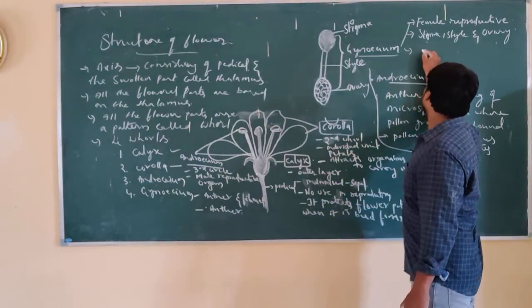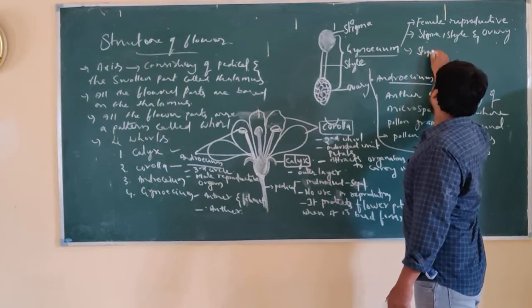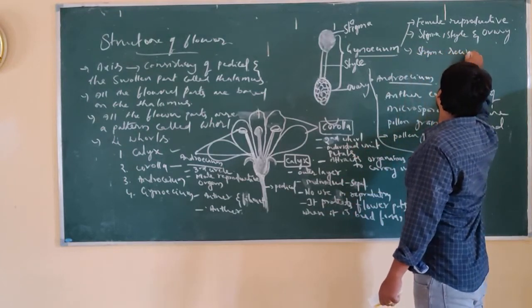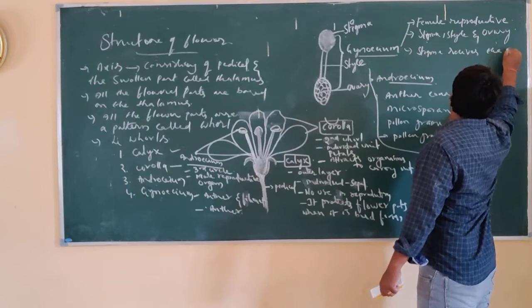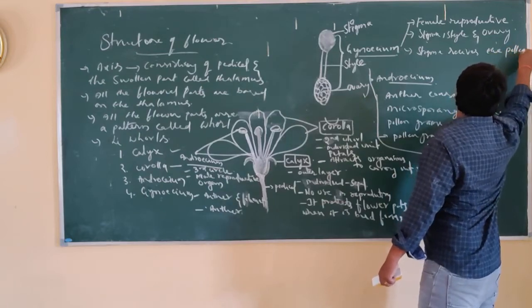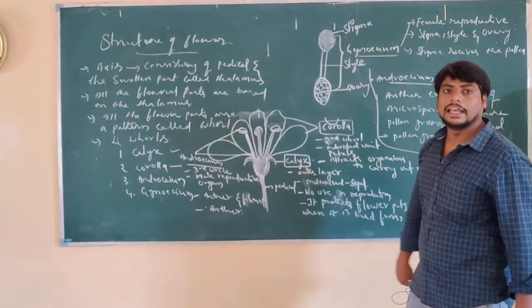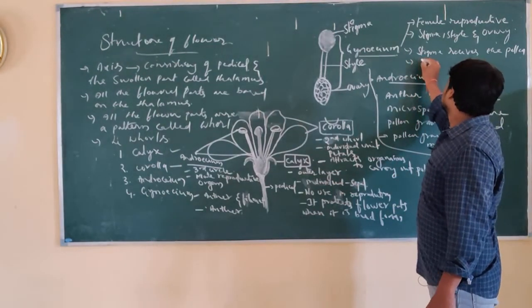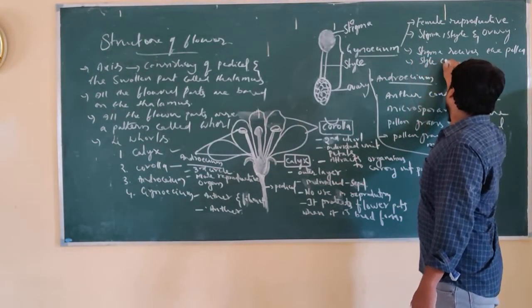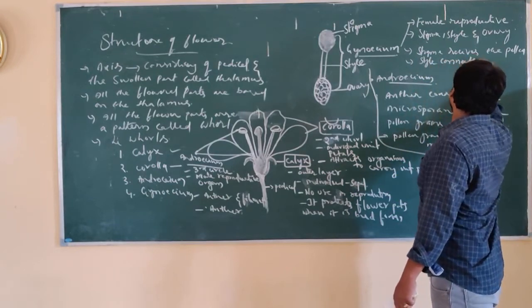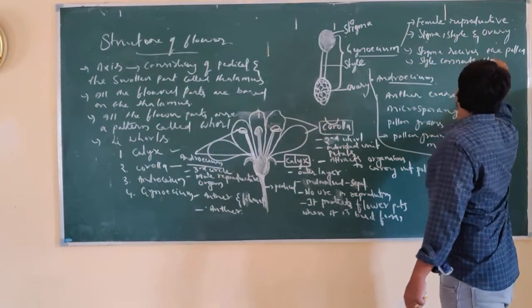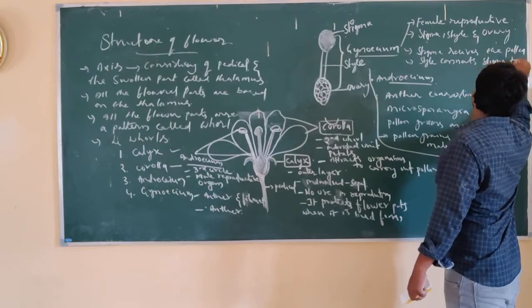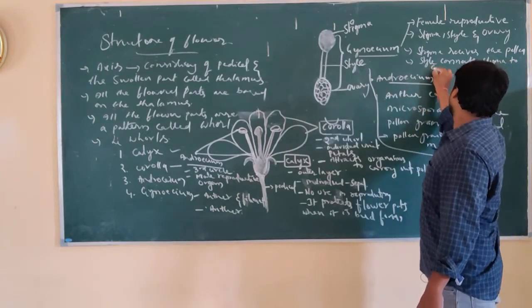So stigma receives the pollen grain from the anther to carry out the pollination, and style connects the stigma to ovary,